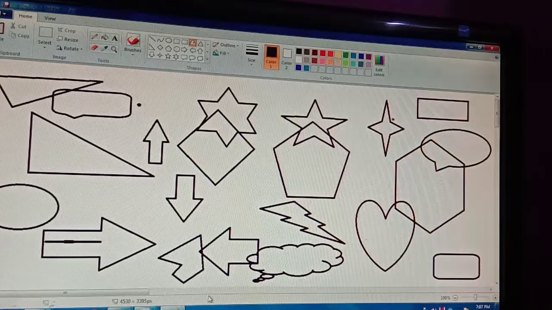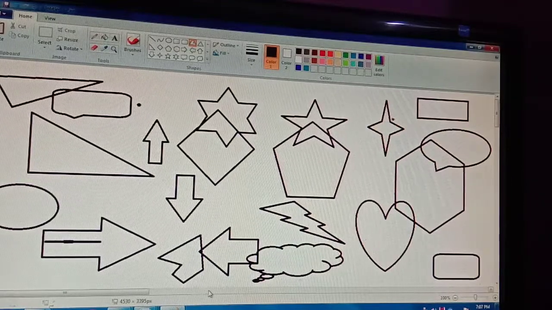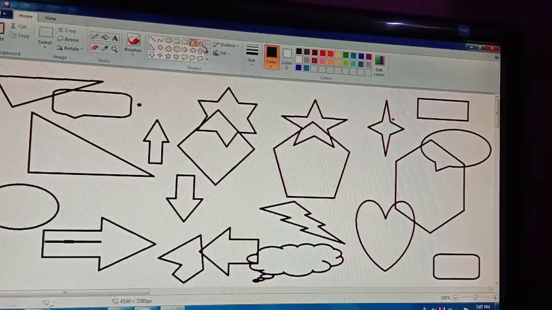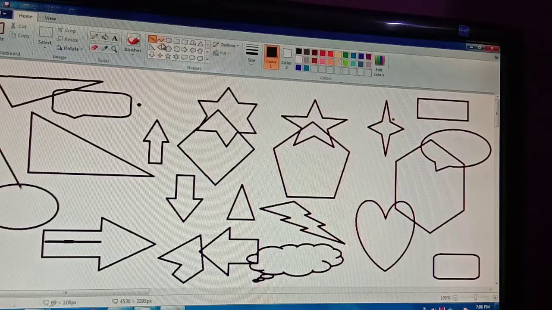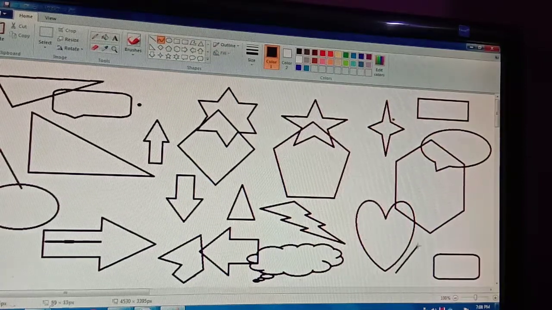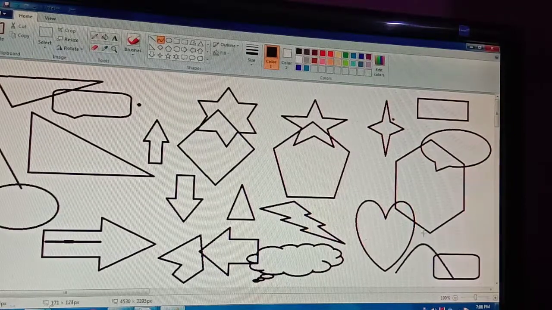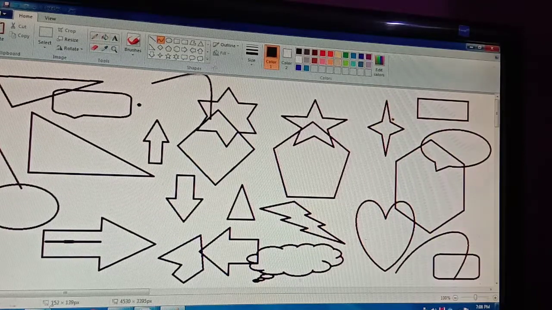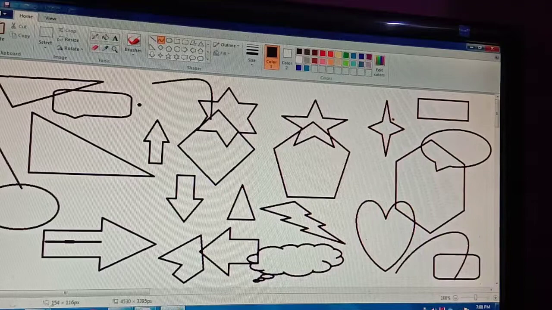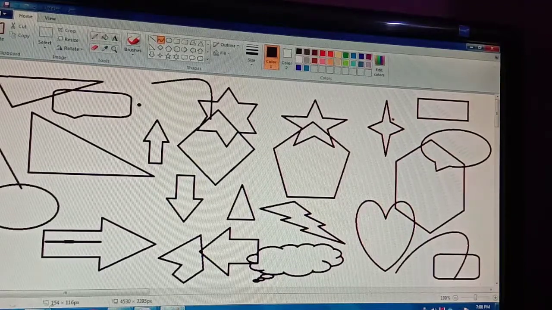See, you can make so many sides. Okay, and triangle, you know that, triangle shape. And other shapes we already used. One of these is a line, and this is your curve shape, a little bit curve. See, आपको क्या करना है, ऐसे place करना है. You have to place the line like this, and then you have to turn the line like this. Okay, so these are all the shapes available in your Microsoft Paint.